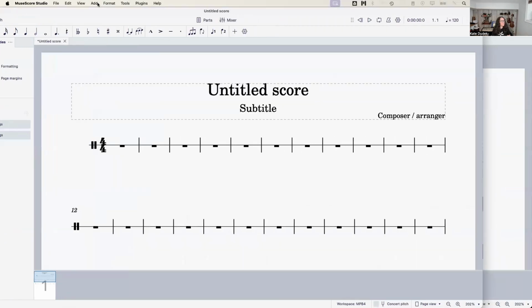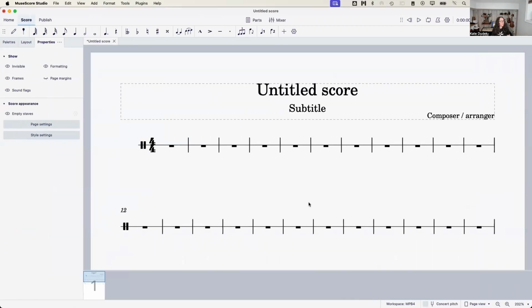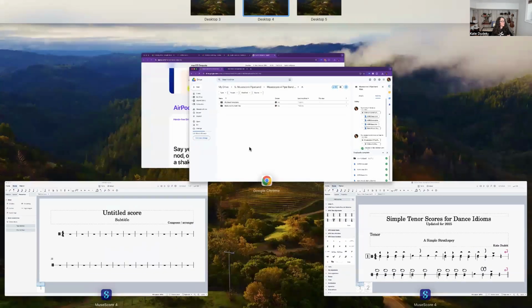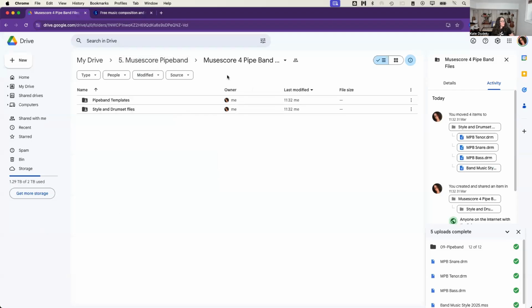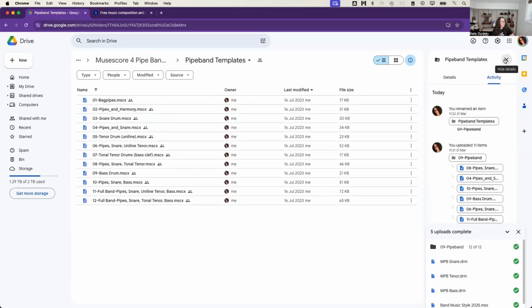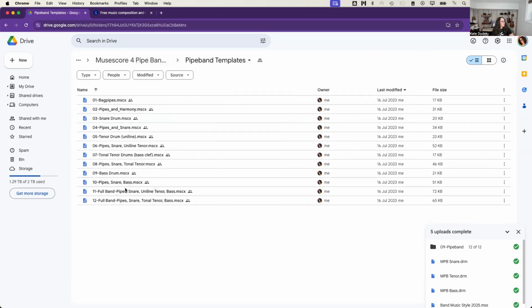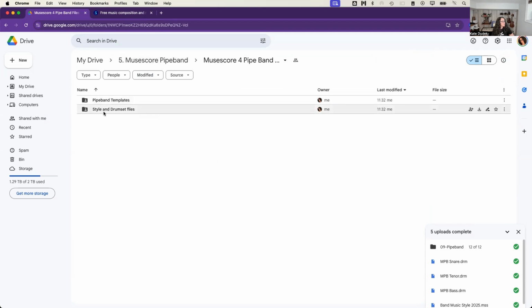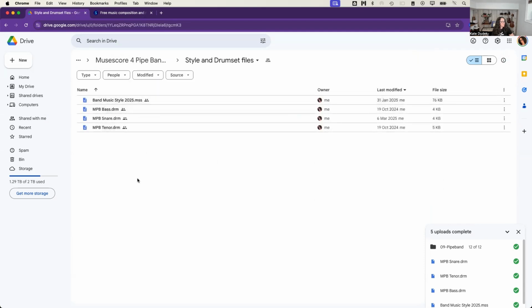And this is opening up on a different monitor. So here's this. So now I have an untitled score. And the thing that I do first is I go into, actually, I'm going to show you this, this Google Drive folder that I have here. So I have some pipe band templates here in this folder, and then I have style and drum set files. If you download these,